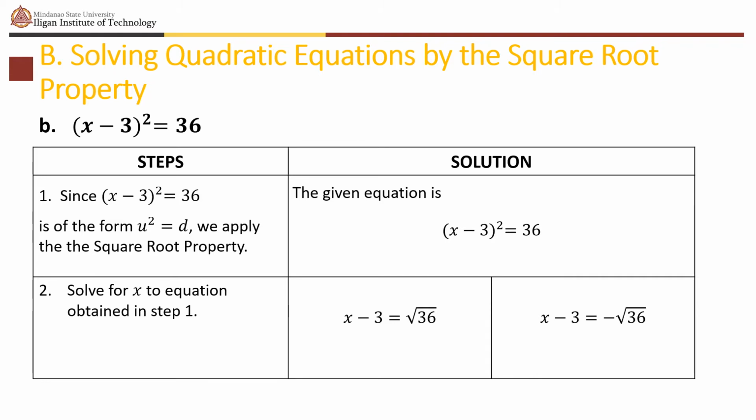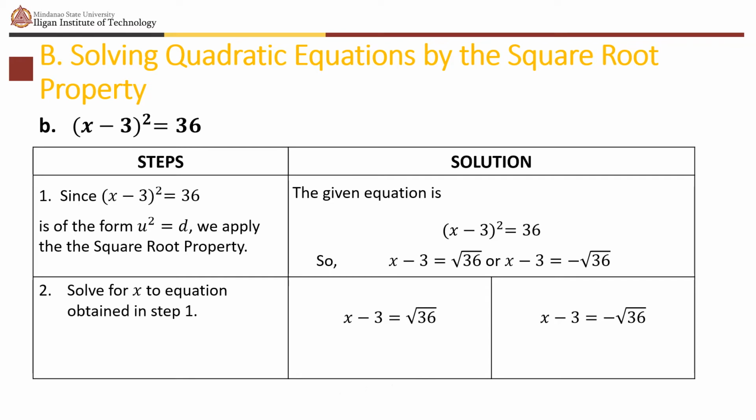So if you have 2 raised to the 1 over 2, will give you x minus 3, and this one becomes square root of 36. So x minus 3 equals square root of 36, and the other one would also give us x minus 3 equals negative square root of 36. So that's the first step,